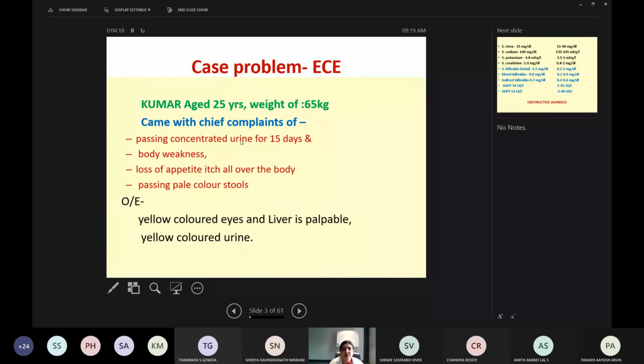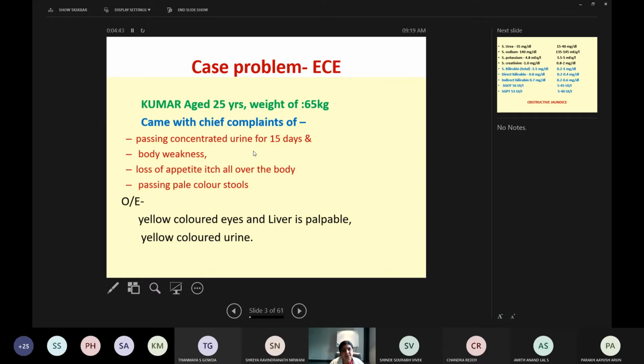Now by this time you will come to know that passing pale colored stool, as we dealt with pancreatic secretion and other things, where intestinal secretion malabsorption occurs, steatorrhea, right? So in medical terms this is called steatorrhea, and you have to come to the conclusion that there is some